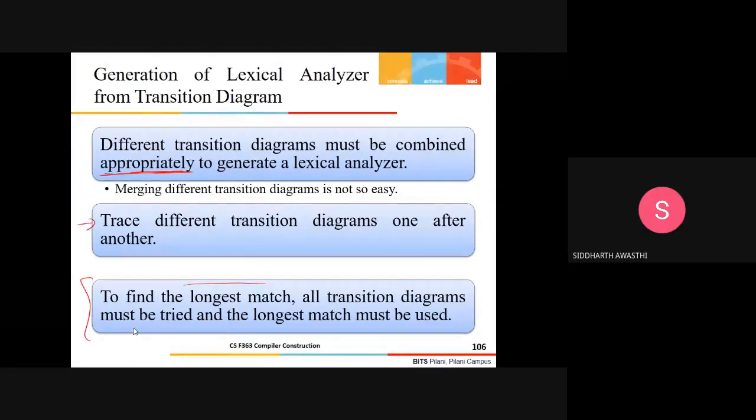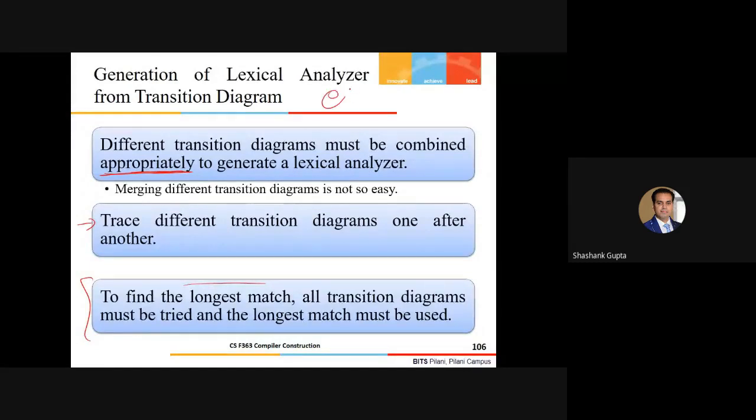Sir, I have a question. If we're trying out all the transition diagrams, aren't we overlooking the fact that we're giving priority to some? We are definitely overlooking certain things, but this is the way your implementation can become efficient. You have already observed the ambiguities in the generalized transition diagrams. Suppose I have told you that there are 15 keywords in your language specification. Tell me, do 15 keywords have 15 different transition diagrams?